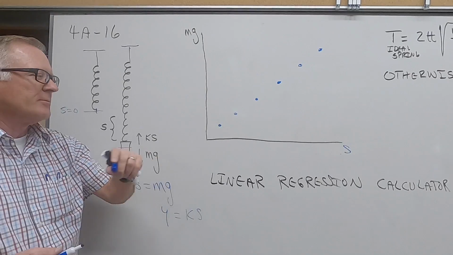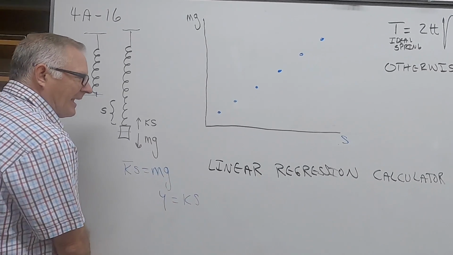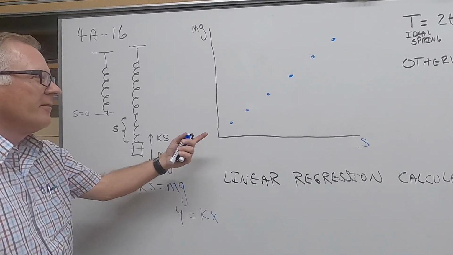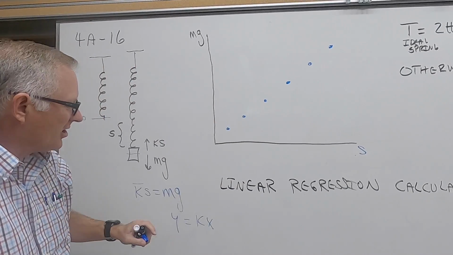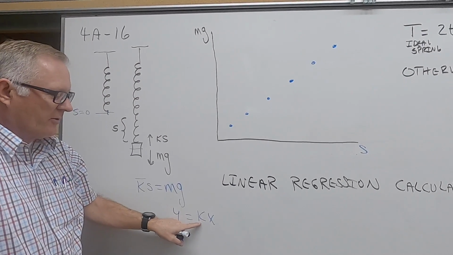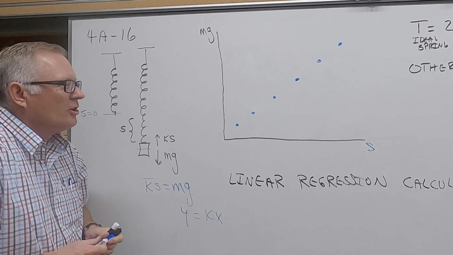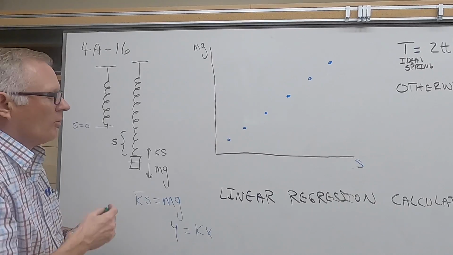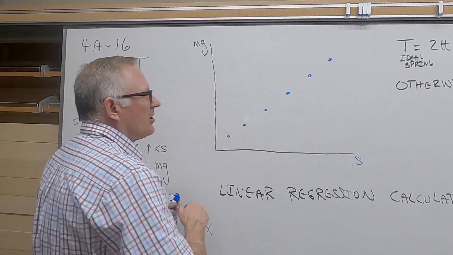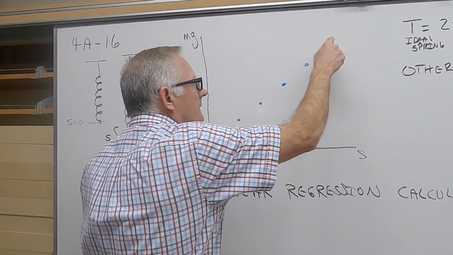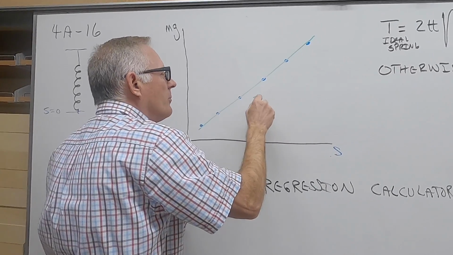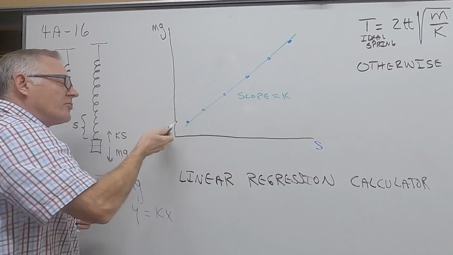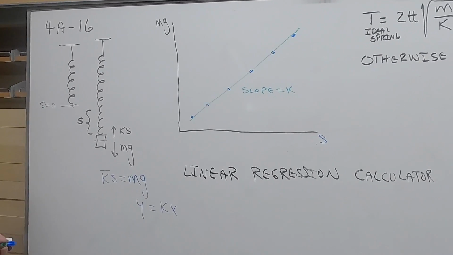Y equals mx plus b. s is like my x right here. So this is just going to give me a straight line like this, and the slope is what's in front of the s. It's my k. So what we'd like to do is get the value of k, which is the value of the slope. The slope equals k. Now we could just draw a line through it and try to eyeball it, but I think a better way of doing it is